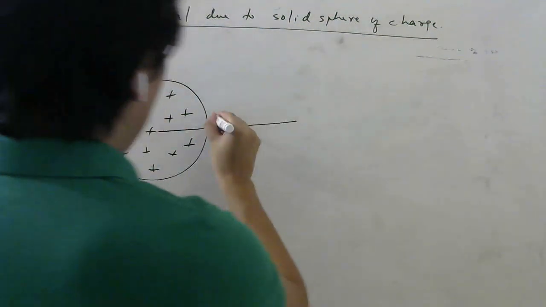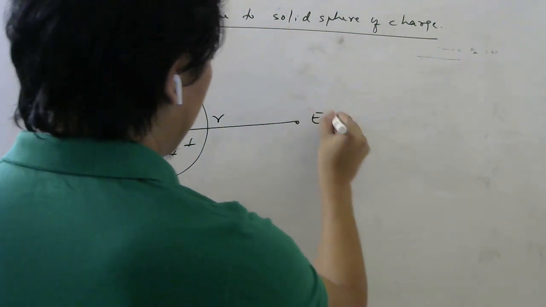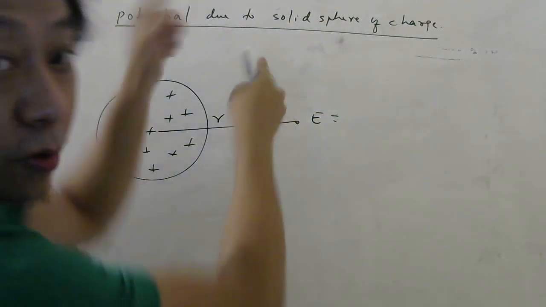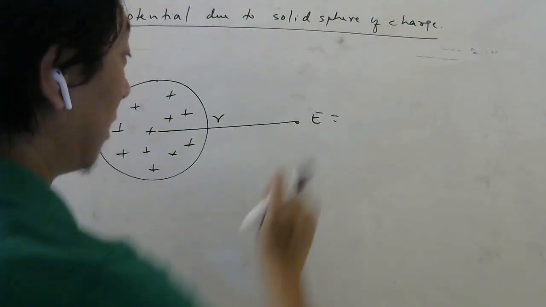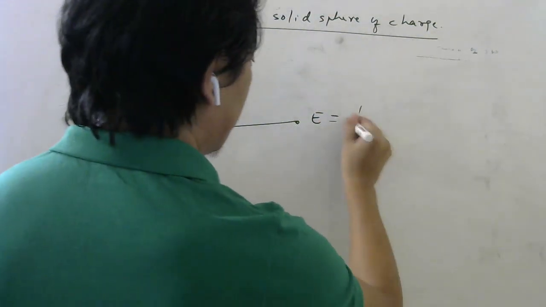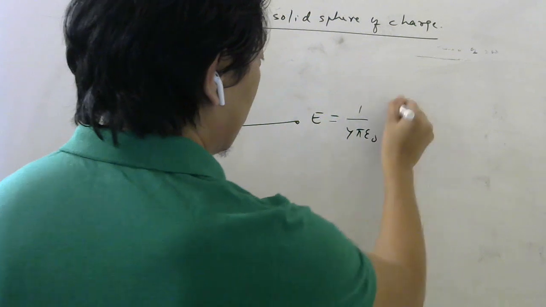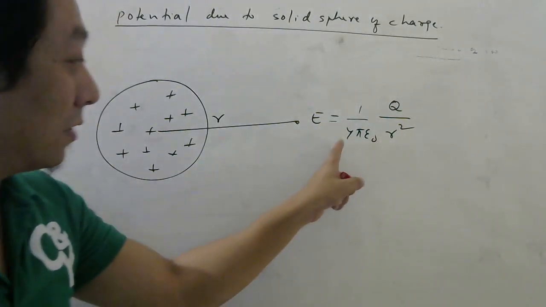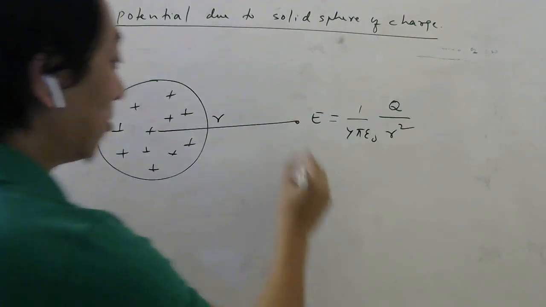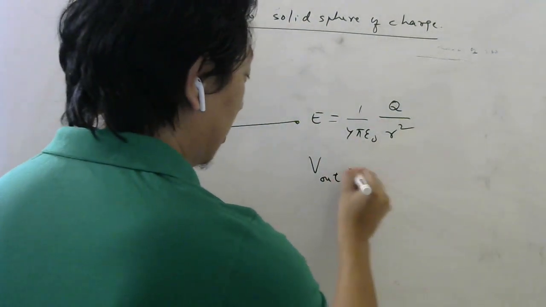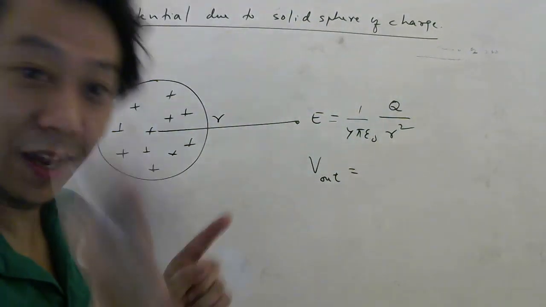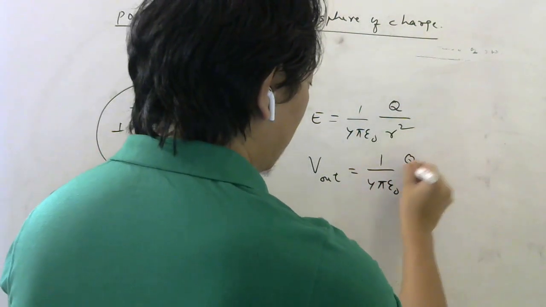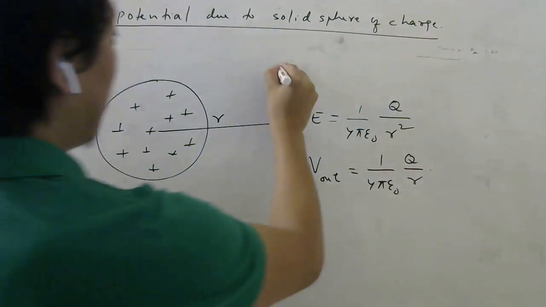Now at a distance r, if you remember electric field here, this we did in the entrance part. Draw a Gaussian surface, calculate the flux, all those things we have done. Electric field outside, if you remember, will be same like for shell outside: 1 by 4 pi epsilon naught q by r square. Now since electric field is same as shell, potential outside will be also same as shell. So no need to do again integration. You will get 1 by 4 pi epsilon naught q by r. Okay, so outside is not a problem.